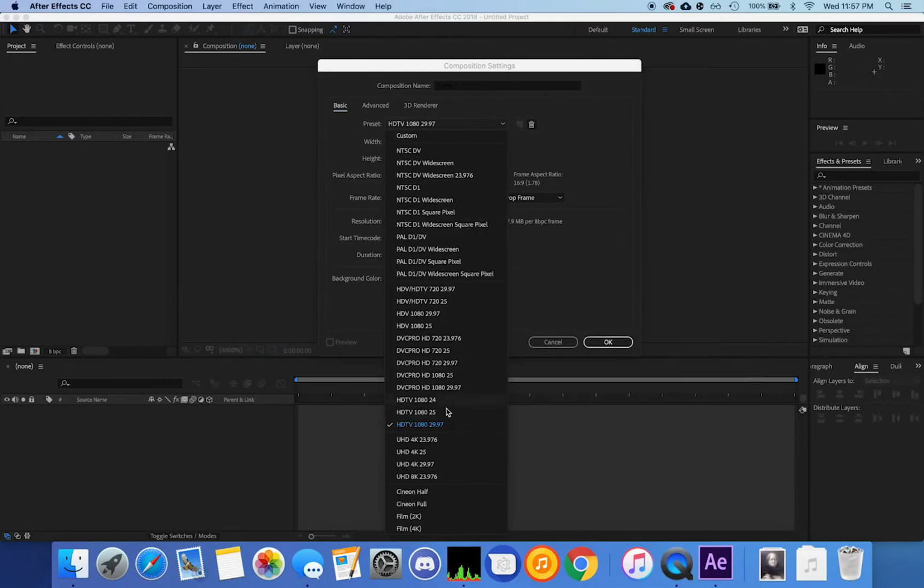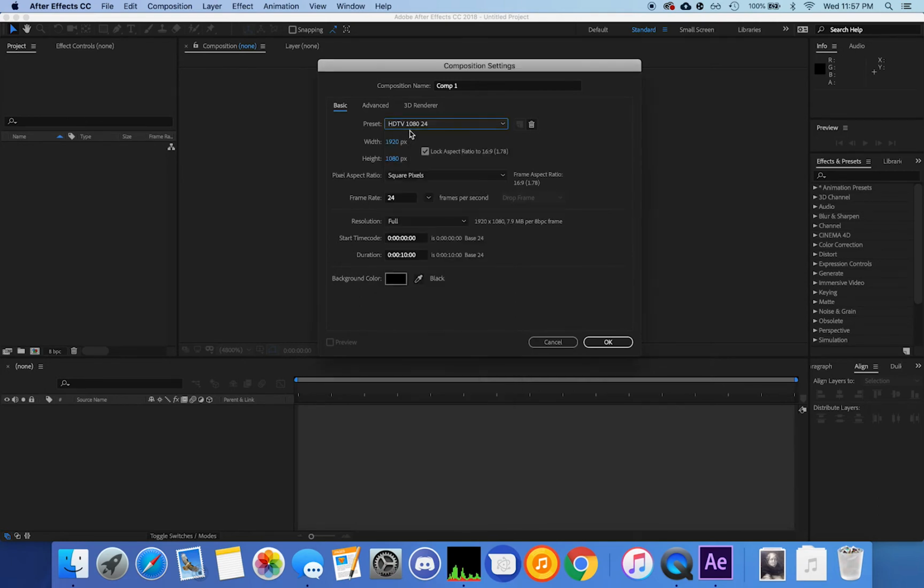So the first thing is you need to choose a preset. NTSC and PAL are not super important for what we're doing, but they're also very complicated. What we need right now is this one. HDTV 1080 29.97. So the width is 1920 by 1080. We have square pixels, and the frame rate is